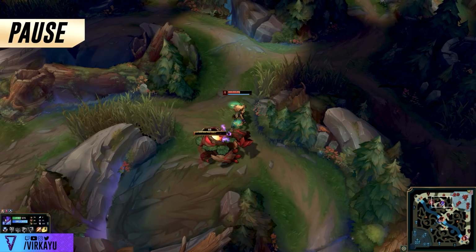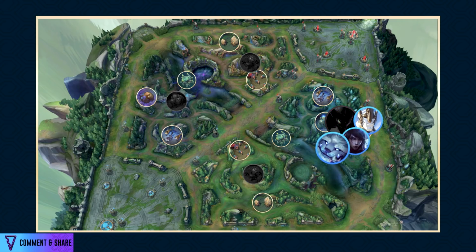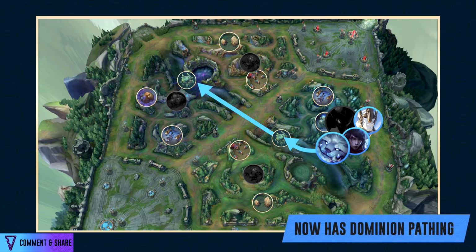It all depends on the game plan of the player. Now, at this stage, he's against a Nunu. If the Nunu's bottom lane will have prio, and then he sees the Kha'Zix go by the Raptor Pit due to the ward, all of a sudden the Kha'Zix could be looking at a 3v1 in his blue side jungle. He loses camps, he loses buffs, and if the Nunu's a good gamer, he's simply gonna take the bottom crab, run across mid lane, take the other crab, and now has complete dominion pathing over invading and securing his own